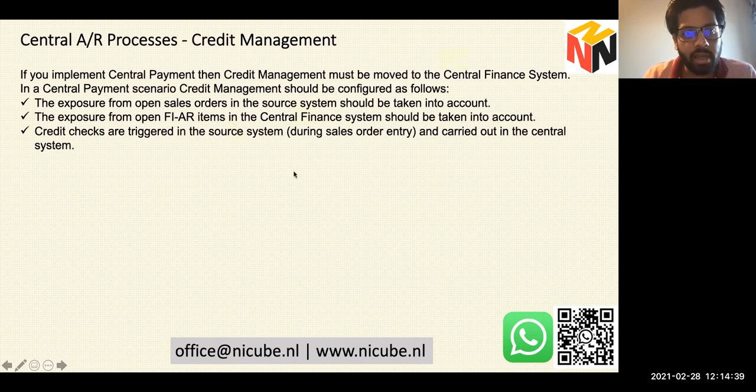Okay, there is a question, I think. Does technical clearing happen after payment? No, technical clearing doesn't happen after payment. Technical clearing happens immediately when you post an invoice in the ECC system. It happens in source and then the invoice goes open in target. It's not after payment.